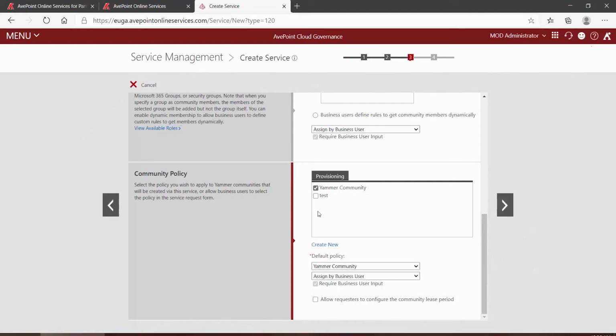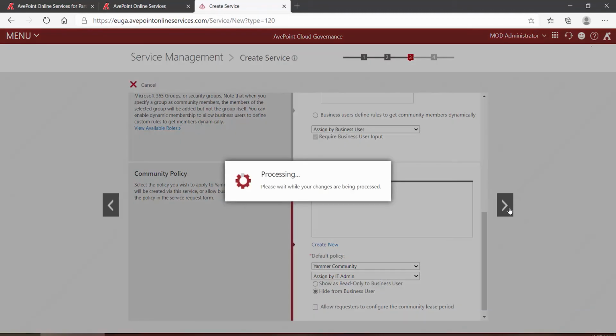Now, in this case, I'm not selecting multiple ones, so I'm actually going to hide that from the business user. No reason for them to even see it. But if you gave them several choices based on several different policies, each with different settings, then you would need them to pick one. I click Next,